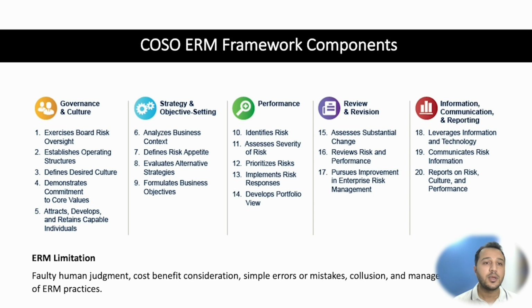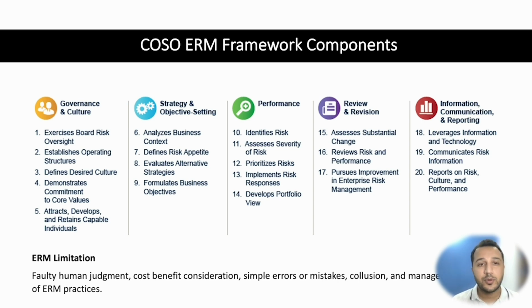It's a formal document, and it ensures that the risk management activities are within the framework and within the acceptable limits of the risk appetite. If it is not, then it is unacceptable and the management has to do something about it. Alternative strategies: if one thing doesn't work, we have to find ways of having a plan B, or to ensure that plan A is good enough because we have evaluated other strategies. So this is also one of the key elements that we have to ensure in terms of strategy and objective setting.